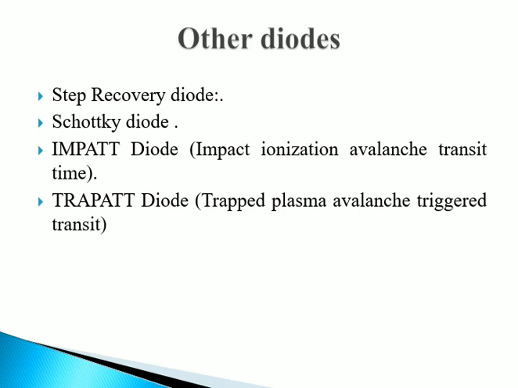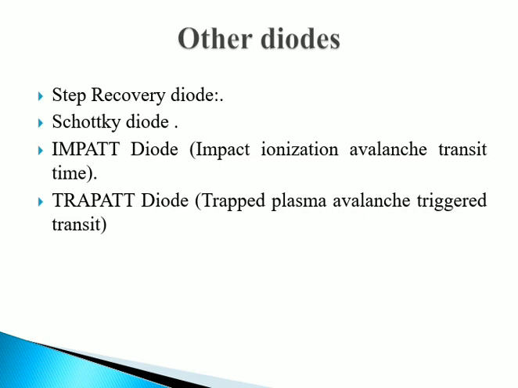Next is the Schottky diode. This is a two-terminal unipolar metal-semiconductor junction diode. Sometimes it is also called a hot carrier diode. These Schottky diodes are used as switching devices in computers. They can also be used in clipping and clamping circuits. They are used in mixers and detectors, in analog to digital converters, and in rectifiers.